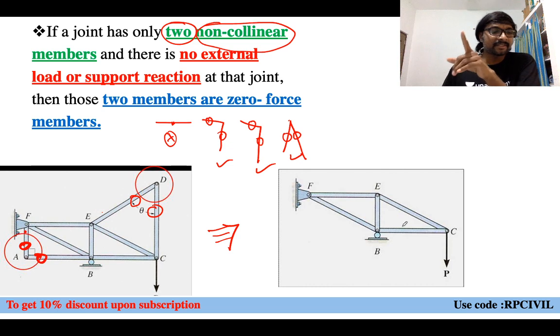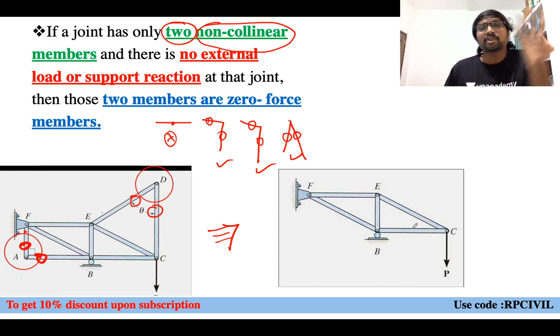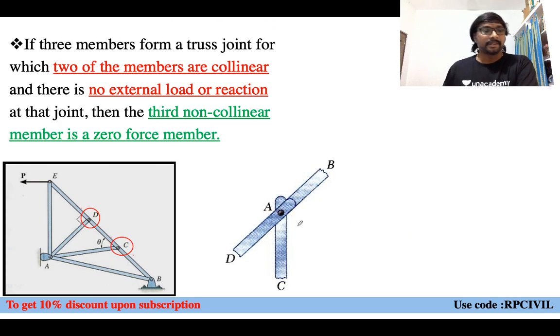So what is the first case? To identify 0 force members? Two non-collinear members and no external load, no support reaction, forces in the two members are 0, like that. Second case,